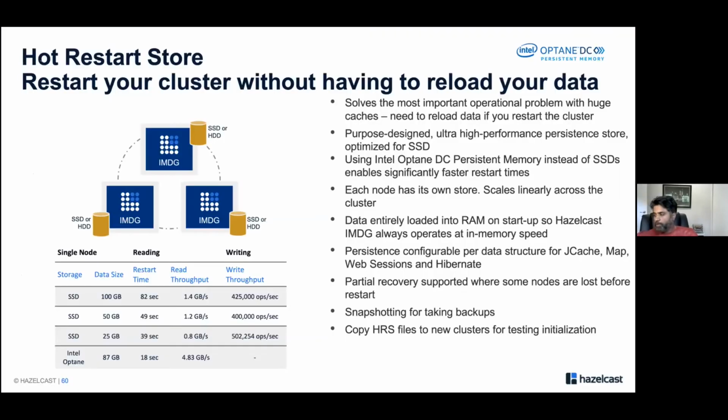The next bit is hot restart store. Hot restart store is a feature that allows you to persist your in-memory data. It allows you to configure Hazelcast servers to persist their in-memory data into a store of their choice. I would say we recommend that to be SSDs, because SSDs are faster and give you a good amount of performance compared to spinning disks. So you define a location for each Hazelcast server node, and when you enable hot restart store,